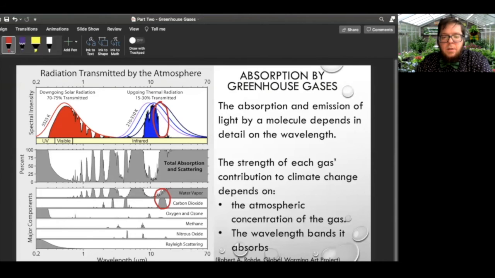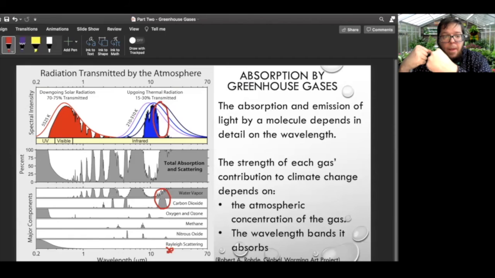And they are absorbing and emitting about 10 to 15 micrometer wavelength radiation, right? This is a logarithmic scale. So this over here is 20. That's 20, right? So in the 10 to 20 micrometer range, the water vapor and the carbon dioxide, they just eat that